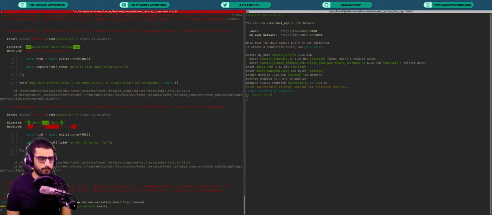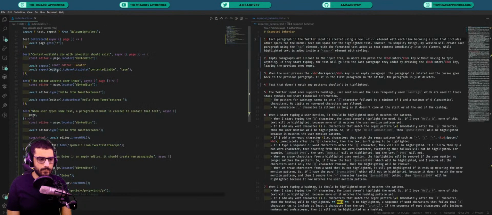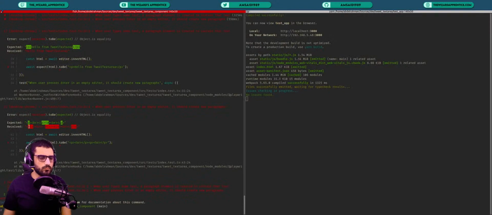Yep, correct, that's what we needed it to do, so that's fine. Again, as I said, this would match what it does in Twitter's editor,